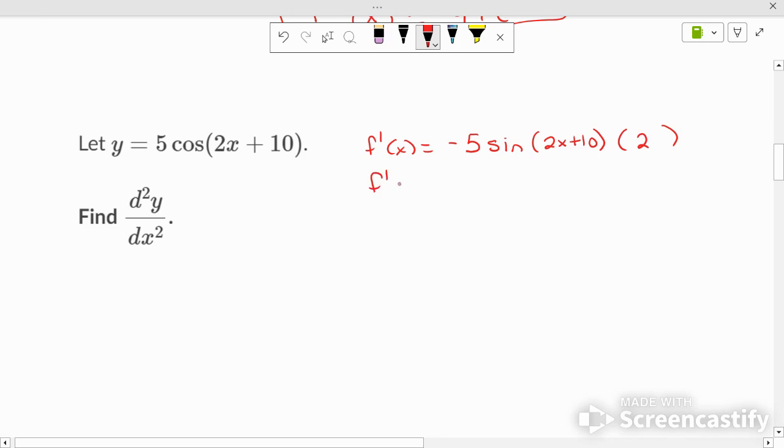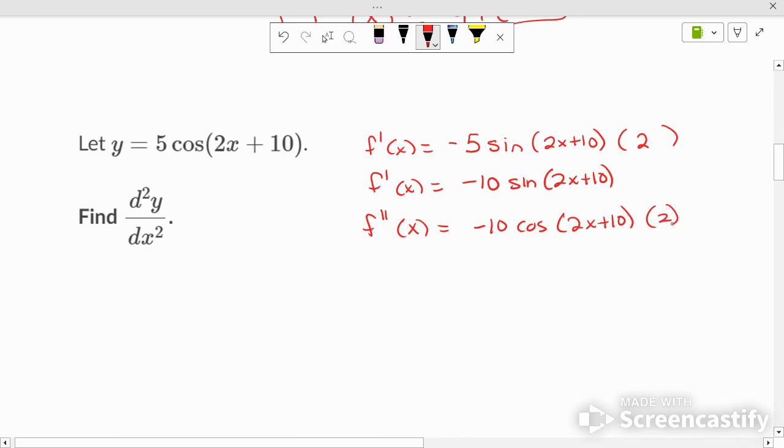So the first derivative of this function. See how I'm always rewriting the first derivative in a simplified format? That should be your next step after finding the first derivative. Now the second derivative. Negative 10 cosine of 2x plus 10 times 2. So the final second derivative is